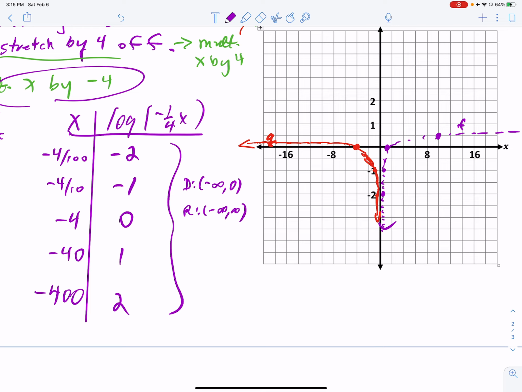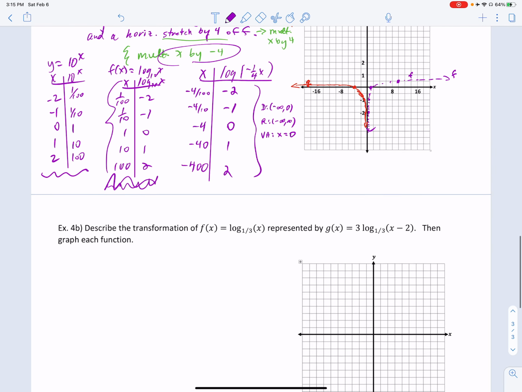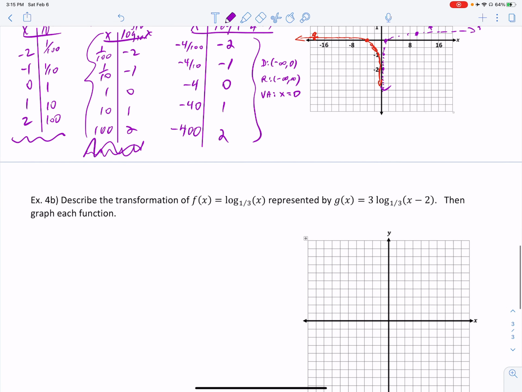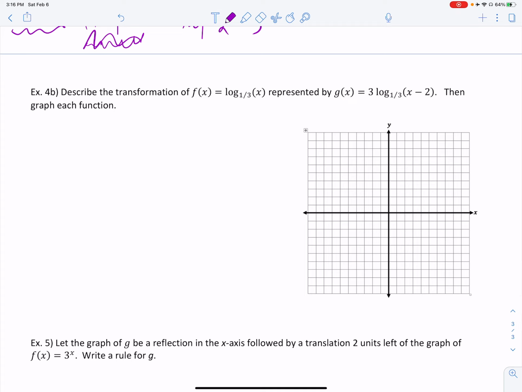And for your asymptote, you have a vertical asymptote, and it is the y-axis, x equals 0. All right, so one more graph, and then we have a couple of transformation problems that will also be in your homework, but let's look at this. I'm transforming the log function of base 1/3. So I'm immediately going to think,